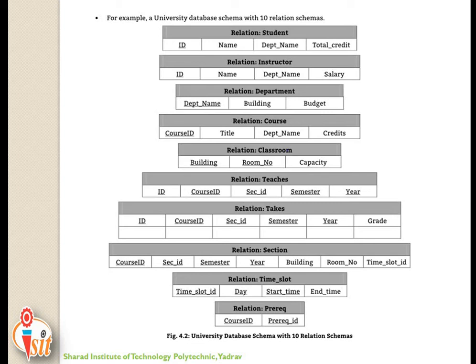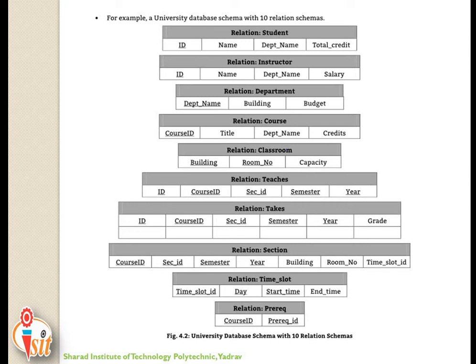Now we are at the relation teachers, having schemas ID, course ID, section ID, semester and year. Then takes, it includes ID, course ID, section ID, semester, year and also grade. Likewise, you can define various schemas for the various database examples.